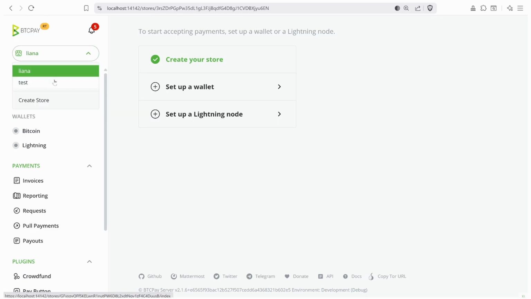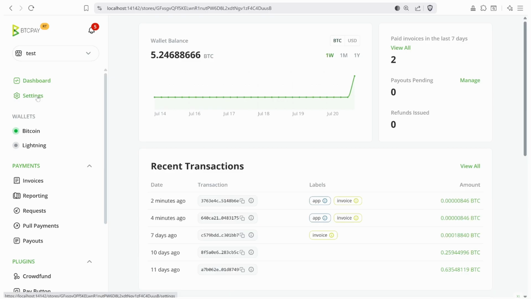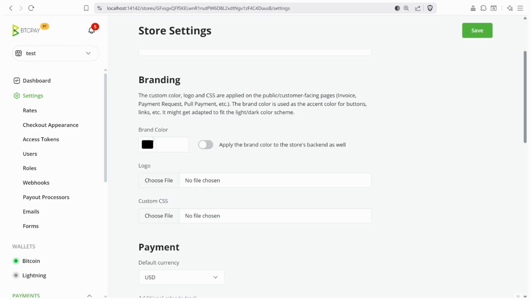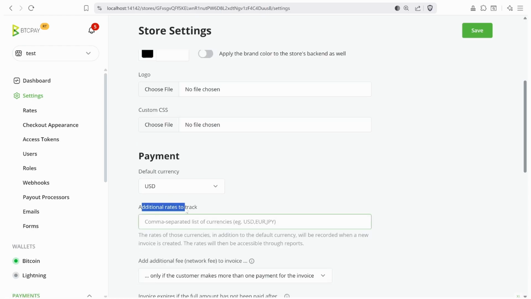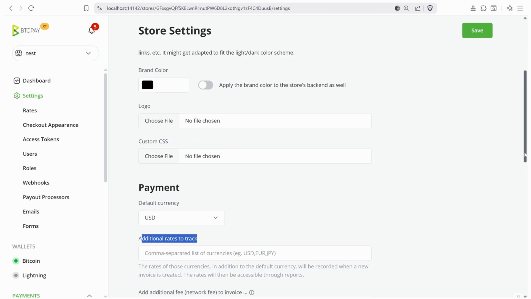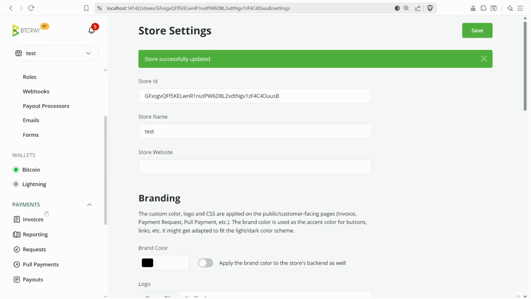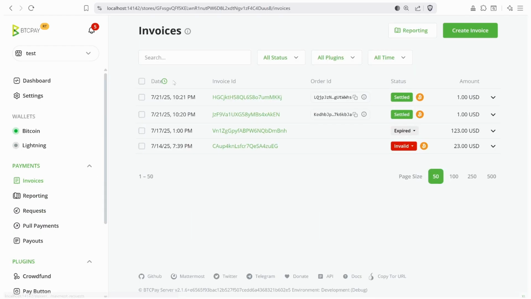Another feature that I'm sure you will like is inside your server settings. You go inside your store settings. You can specify additional rates that you need to track. So for example, at the BTCPay Foundation, on our side, we're interested in USD and JPY, let's say. Actually, I don't have to re-enter USD because it's already my default currency. But when I'm doing this, it means that BTCPay Server will also track the rates of the currencies you're interested in. So for example, if I add this one and I create a new invoice,